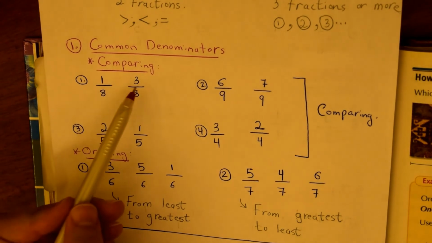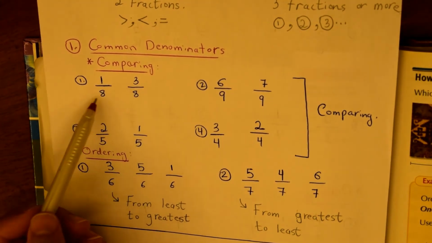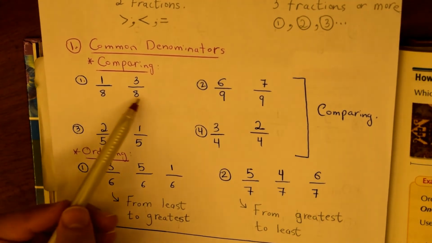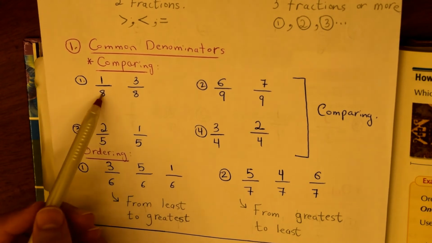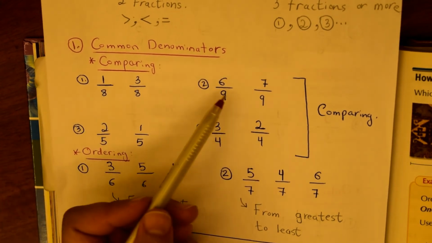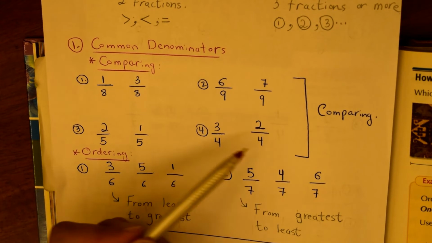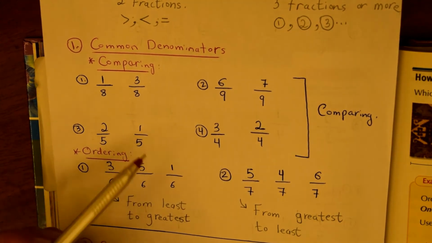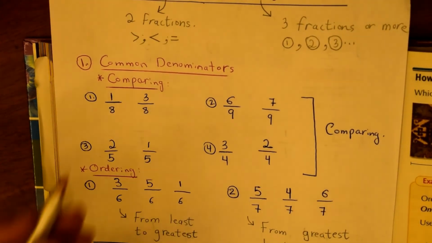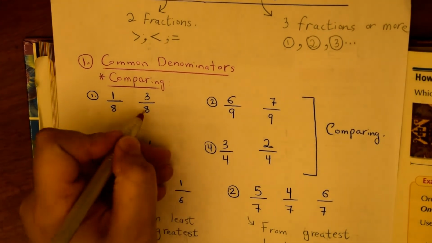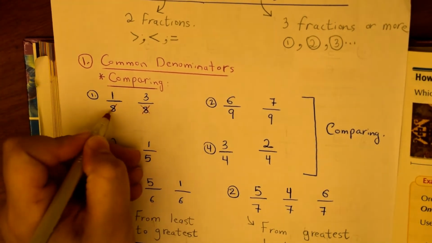So here I have two fractions. Both of them have 8 down in the denominator place. So they have common denominator. Here I have 8 and 8. Here I have 9 and 9. Here 4 and 4, 5 and 5. So when I have common denominator, the first step I will cross the denominators, the common ones here, the 8